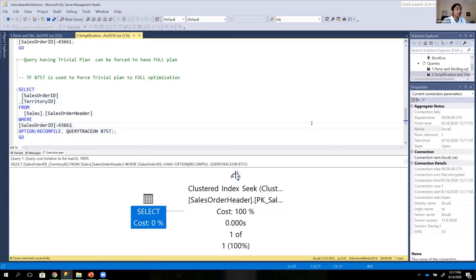But please do not try this on production because we do not want to change trivial plans to full plans generally. There are always exceptions, but there is a reason why SQL Server Optimizer will always make this a trivial plan, because these queries are really simple and don't take many resources to create. So every time you execute these kinds of queries, SQL Server will go ahead and create the trivial plans on the fly, and they are not getting stored in the plan cache. So that's how the simplification and trivial plan works.